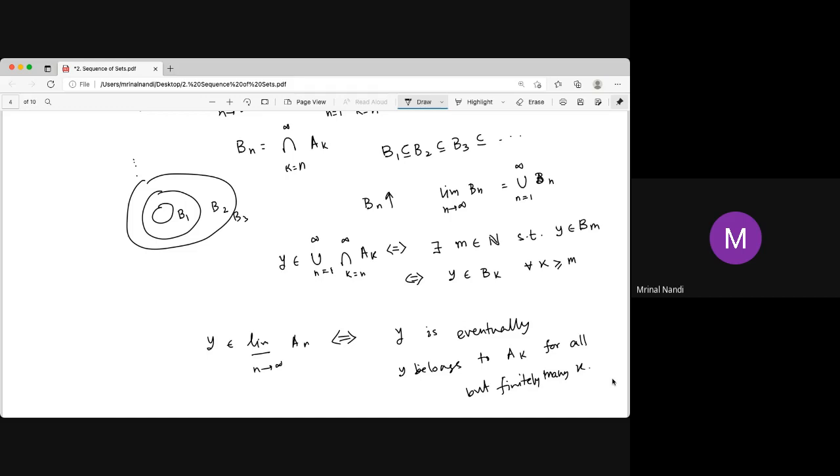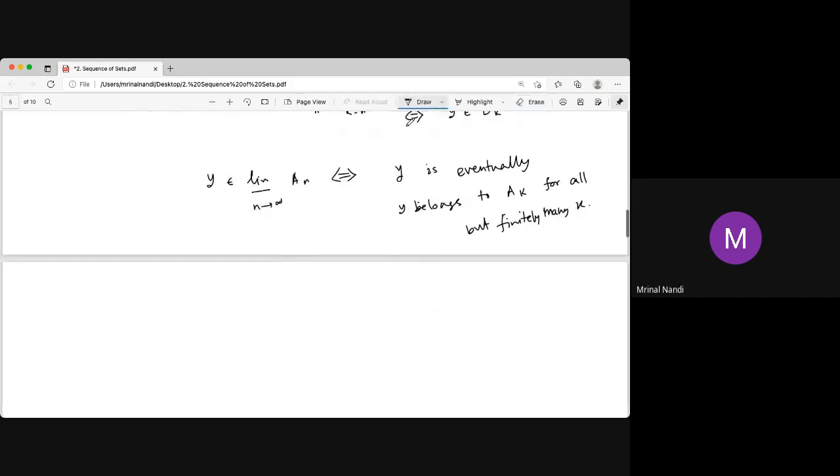So for finitely many k, y does not belong to that set. For say 2 or 1 or maybe 10 of them, but after that y belongs to everywhere. So that means it is eventual. Now it is clear that any element that is eventually, after some time, belongs to every set. So y is eventually,